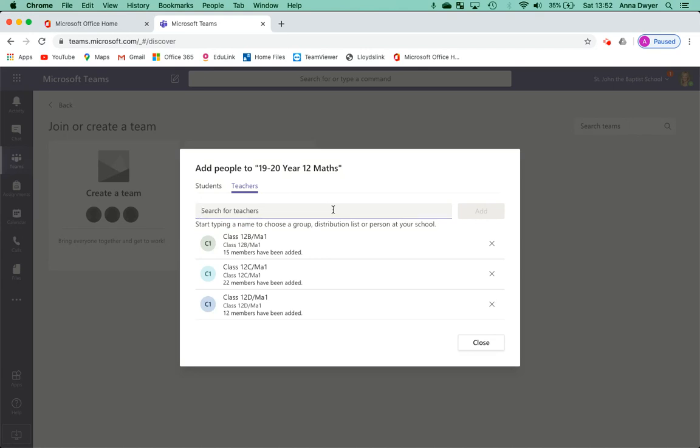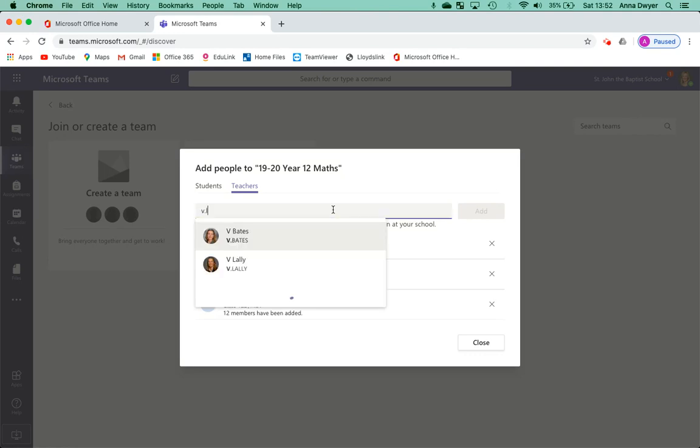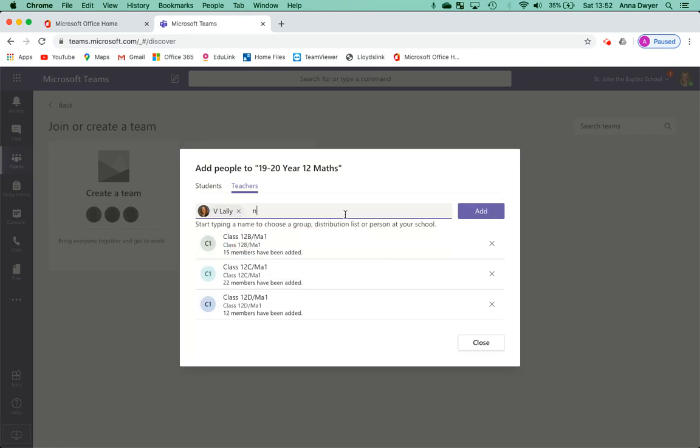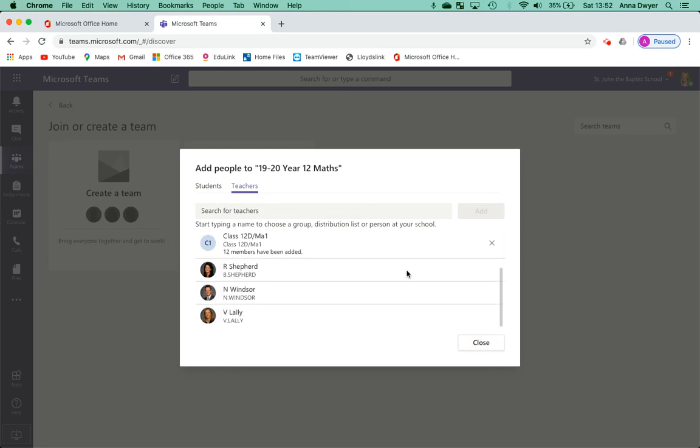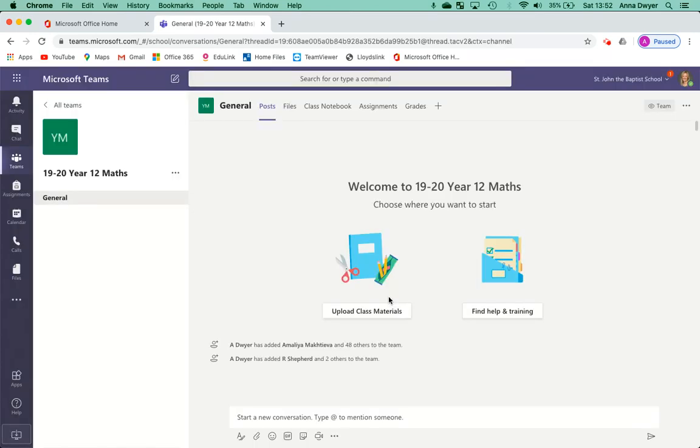Now the teachers will be owners of the group and therefore have sort of the editing rights, if you like, as well. So I can add in whichever relevant teachers I want to. And click add and you'll see them there on the list as well. And so if I close that, I can then see that I have created my class of students and it'll